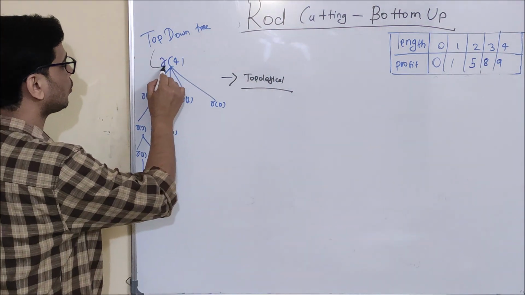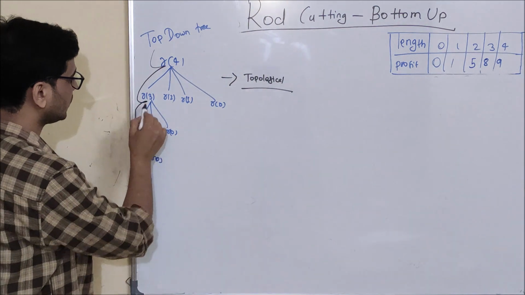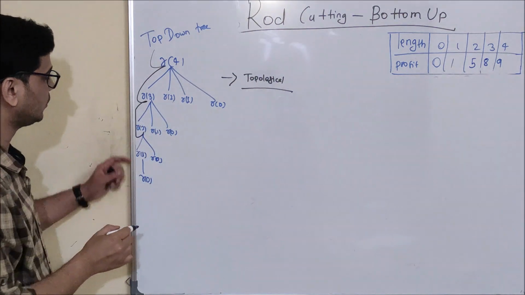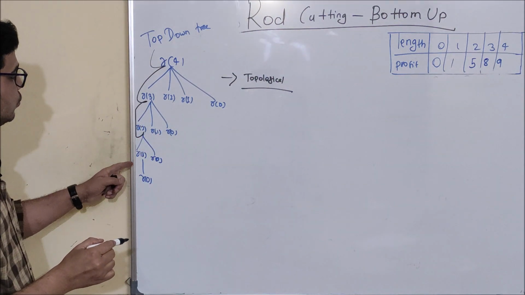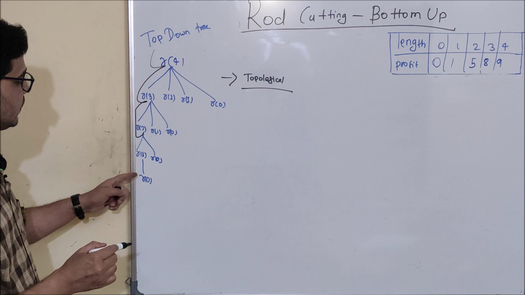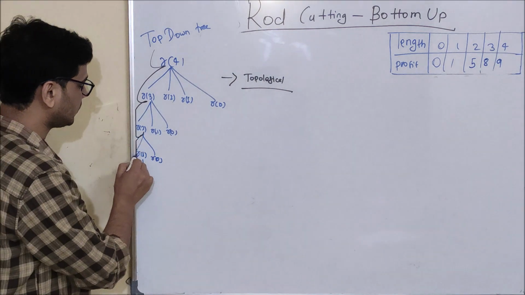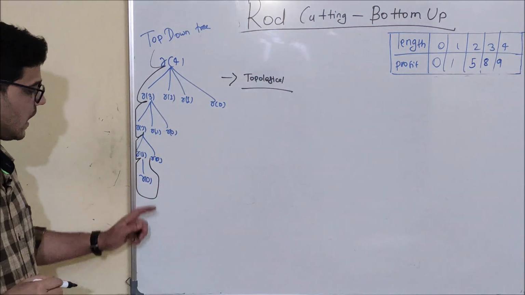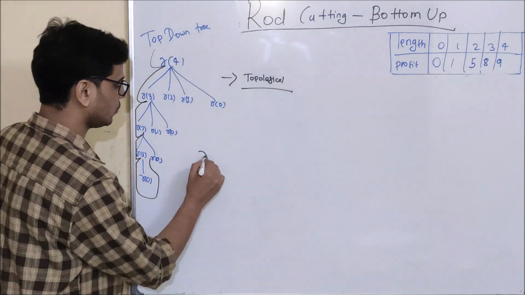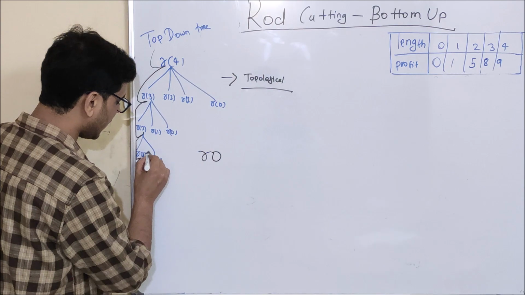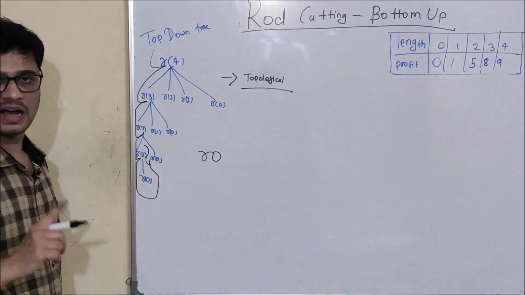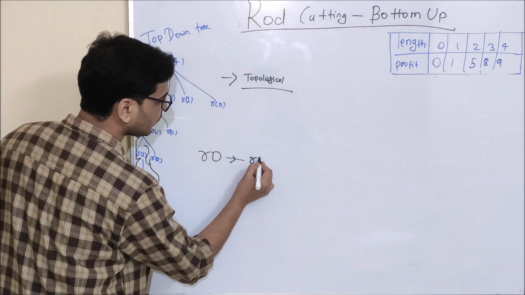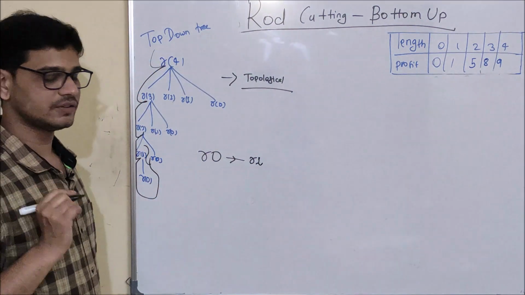See, first of all, I am calling R4. R4 is calling R3 and this. Then R3 is calling R2, R1 and R0. R2 is calling R1 and R0, and R1 is calling R0 here. This is basically the top-down tree. Now the main thing is that first of all R0 is returning, and with the help of R0, R1 is finding its value. That is, R1 is dependent on R0.